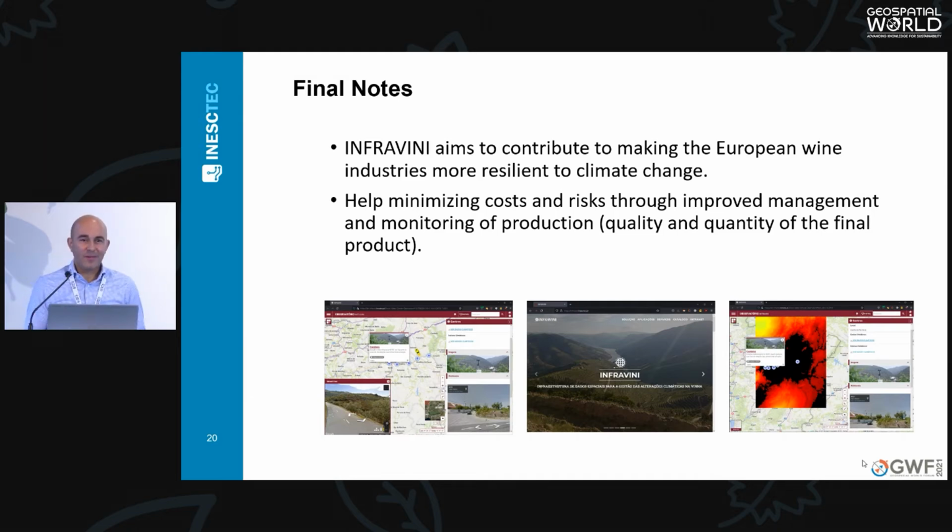If the region doesn't produce wine, it will be a problem for the viticulturists, for the economy. It's not just the problem of the grape, it's a big problem. So this is an important contribution that we intend to give to this sector.